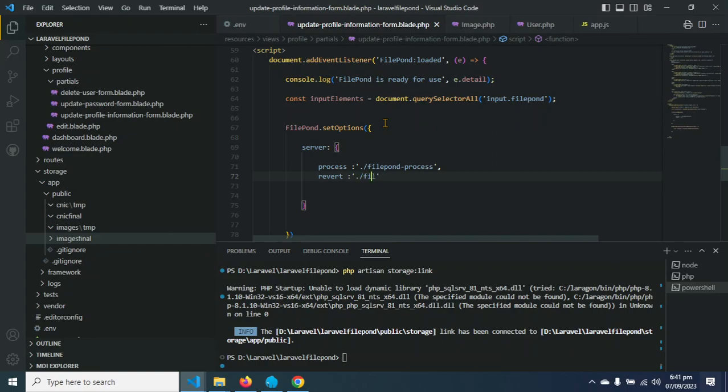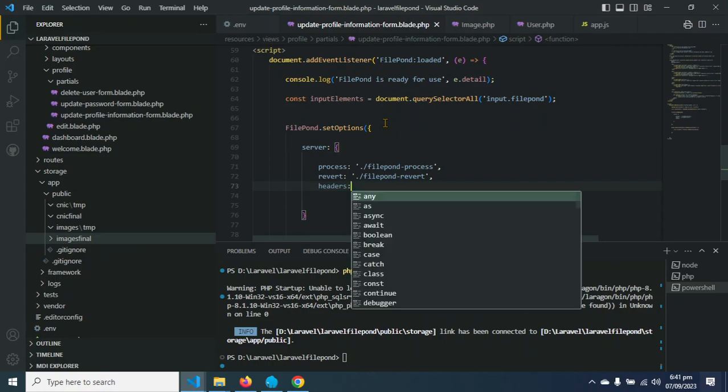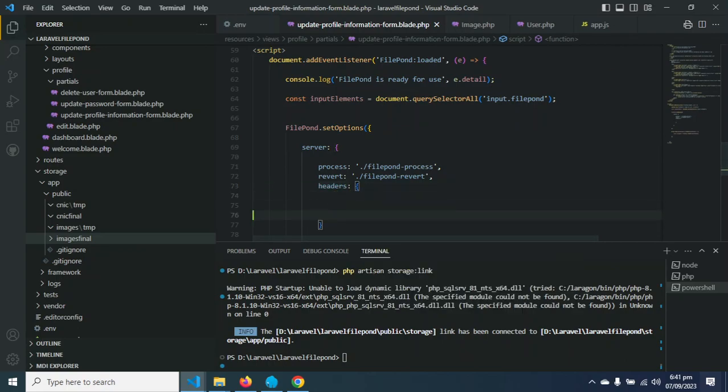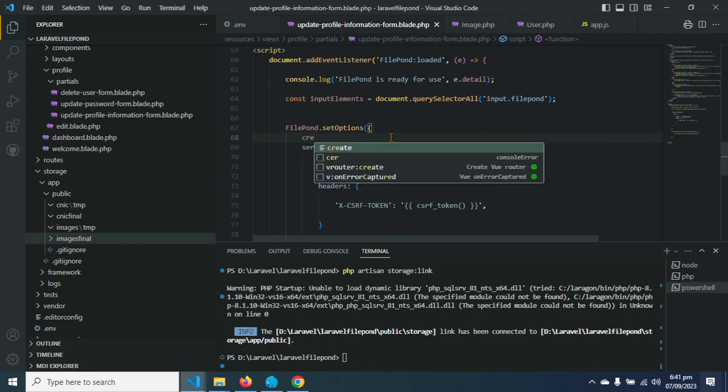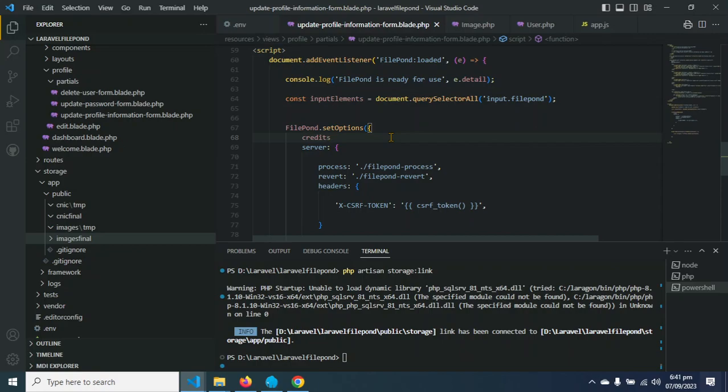After that we have to define the headers for it, and for that we have to add the CSRF token in this way. We can also add the credits, true or false, here, like in this way. If we say credits false, then